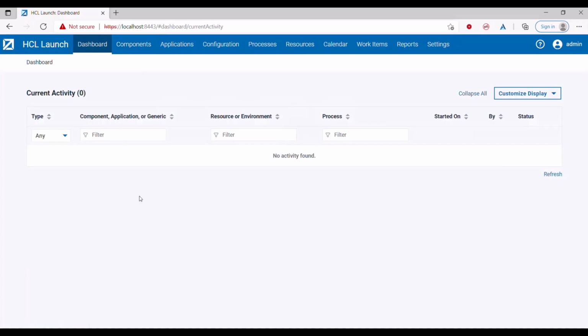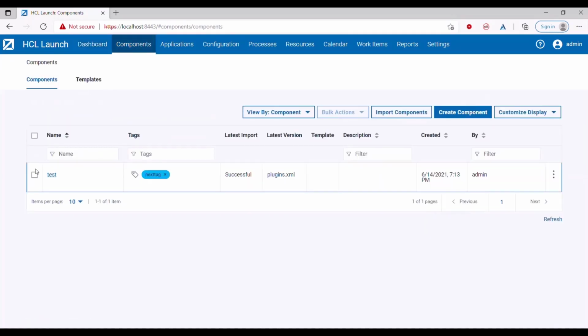Now coming back to the second very important question that I said, how can I visualize my application into HCL Launch? Very simple. Take the web-based application that you have. Your web layer or UI layer becomes one component here, and then the database layer becomes another component. The business layer will become the third component. Each component can be coming from a different Git repository, or they can be coming from the same repository that you can configure when you see a component.